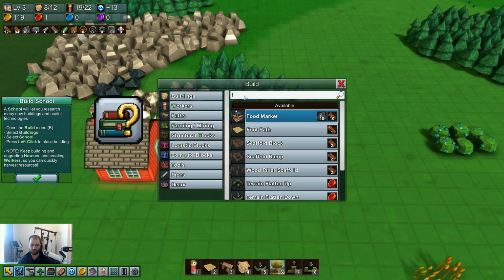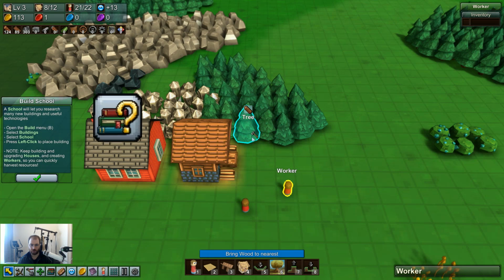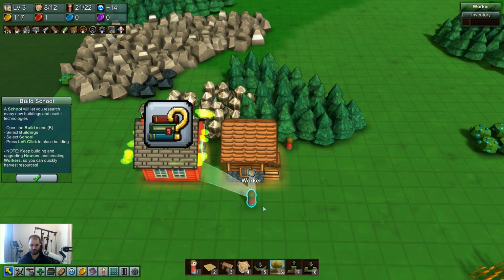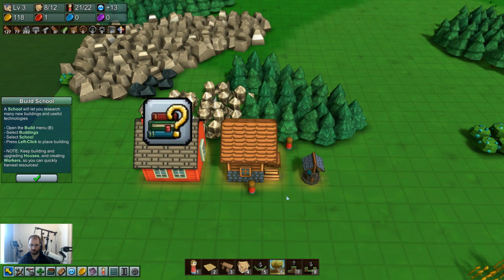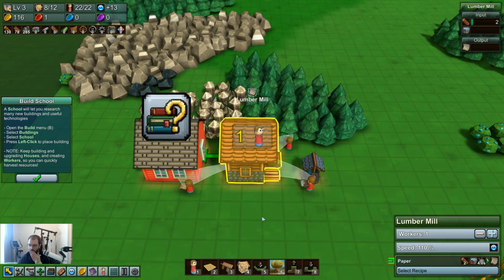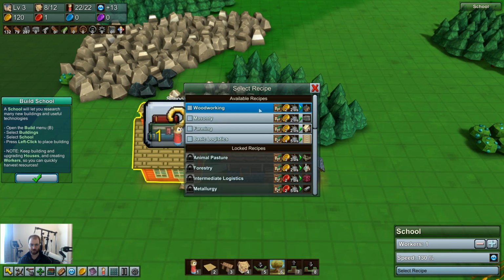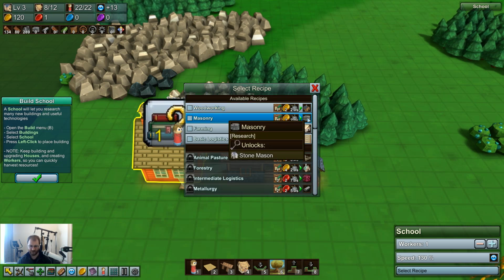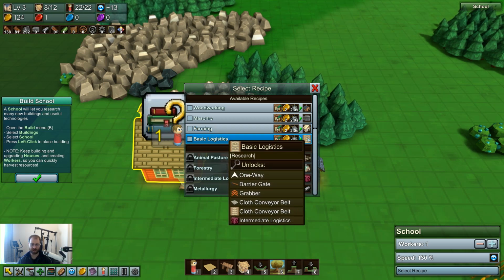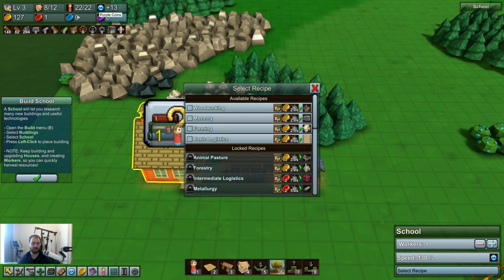But for now, we're going to need to use this. Forester. I don't have a forester. Okay. You go get me wood. You get the paper and put it in here. And then we're going to need a well. And we're going to need a person for the well as well. Now, what are we going to do? Woodworking unlocks the forester. That seems pretty good. We haven't even got stonemason yet? Okay. Farming. I'd like to get basic logistics, but that's going to be a pain in the ass to build them. Although we just ran out of people, so...